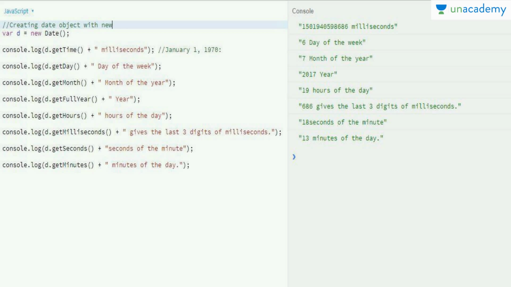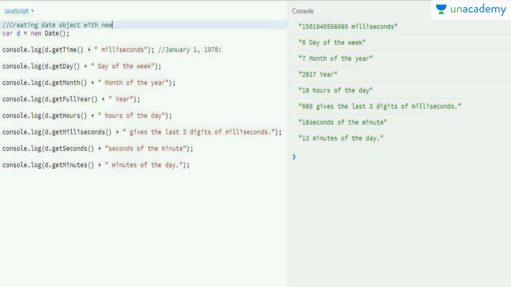After that I get the day of the week, I get the 6, because I recorded this video on Saturday, so I get that 6 value. After that I get the month.